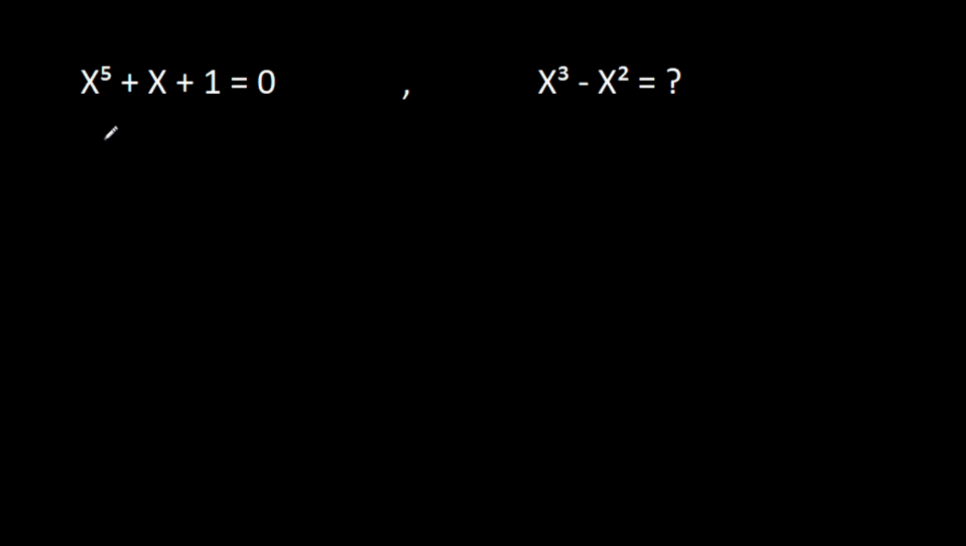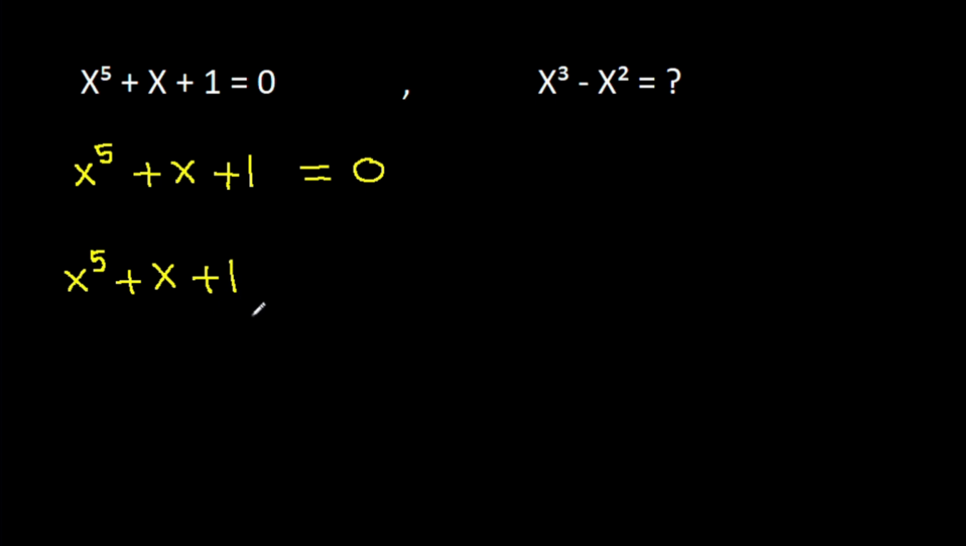In this video, we have been given that x power 5 plus x plus 1 is equal to 0. Then we have to find the value of x cube minus x square. So we have x power 5 plus x plus 1 is equal to 0, and it is x power 5 plus x plus 1